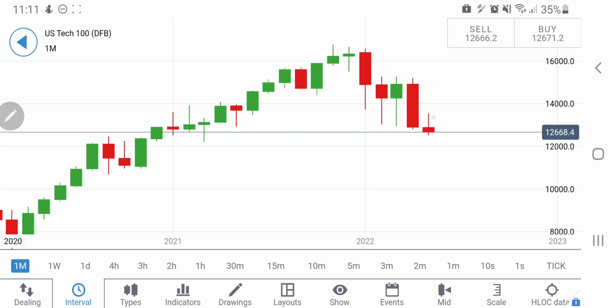See, the monthly candle has started taking shape. A stronger wick is being formed, and now it is trying to create a body out there. So in the month of May, if you see it trading below 12,500, one can expect that it is definitely going to hit 12,000, and then